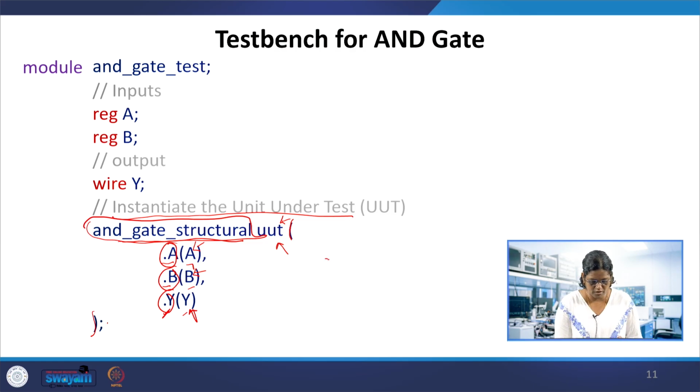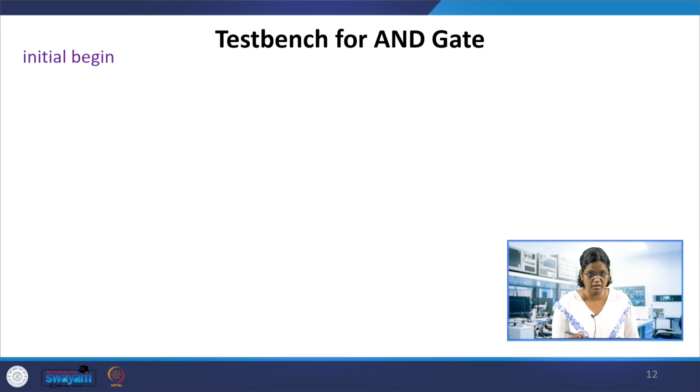So this is the instantiation. Now we have declared in the test bench the module name of the test bench, which is different from the module which we are going to test, that is AND gate test, with inputs and outputs. See how the declarations are changed, and then the module name which we are going to call or instantiate over here, and this UUT is optional, and then dot A port name and different port names, however many port names you have in that module. This is because we have 2 inputs and 1 output in the AND gate, and these are local expressions within the bracket.